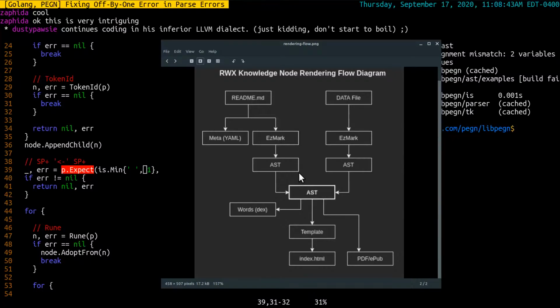Inferior LLVM dialect. I know you are, Dusty. I was just having fun. You know that to me languages are about being practical, but I do think that's a funny little side note, and it only comes up when people attack Go as a quote unquote half-assed language. Okay, I'm going to take